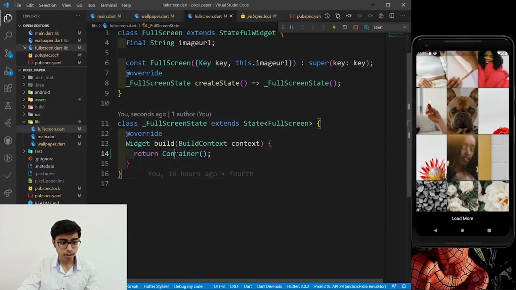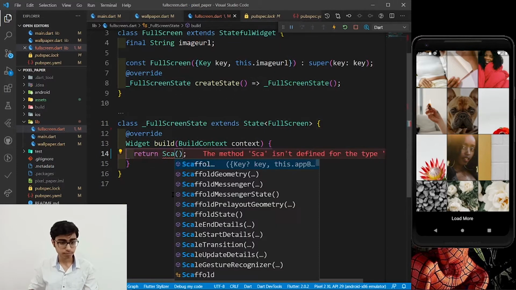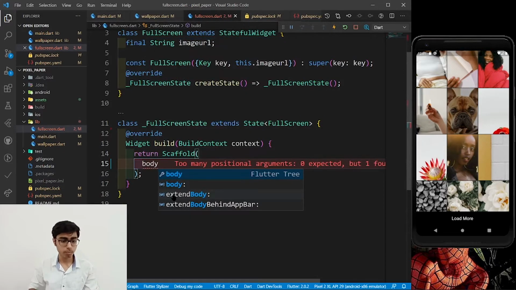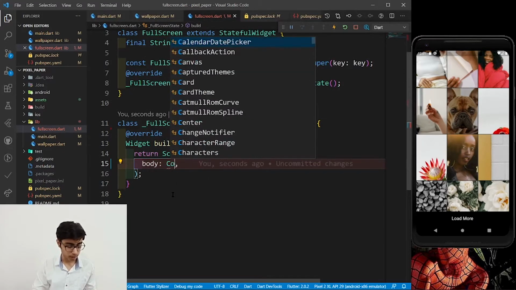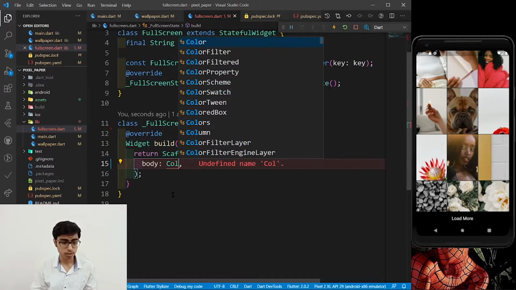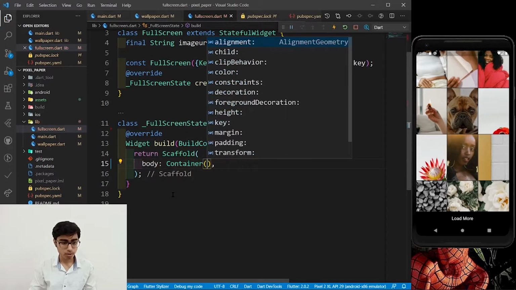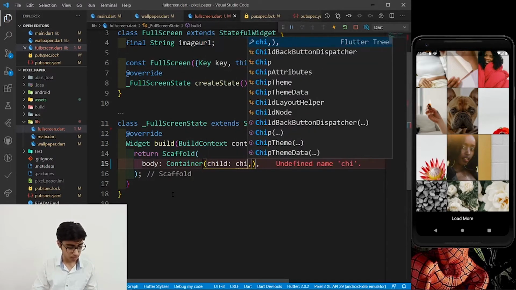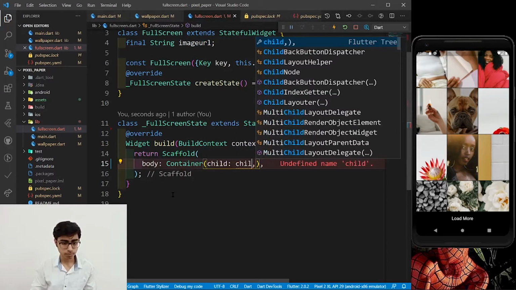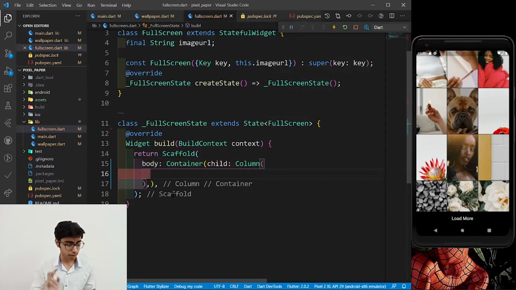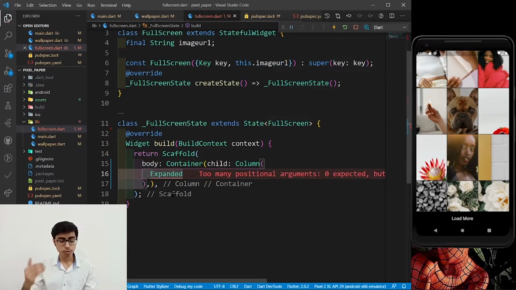Then in the return, we want to return a Scaffold. Here also I'm not interested in defining an app bar. So just define the body, and in the body, let's define a Column. First of all, we have to define a Container, and now define a child, make a Column. Here also I'm going to define two children, that is Expanded, because the first thing will be the complete image screen and the second thing will be the set wallpaper button.